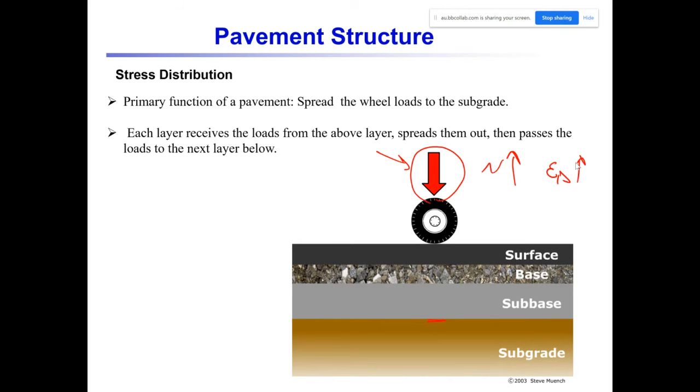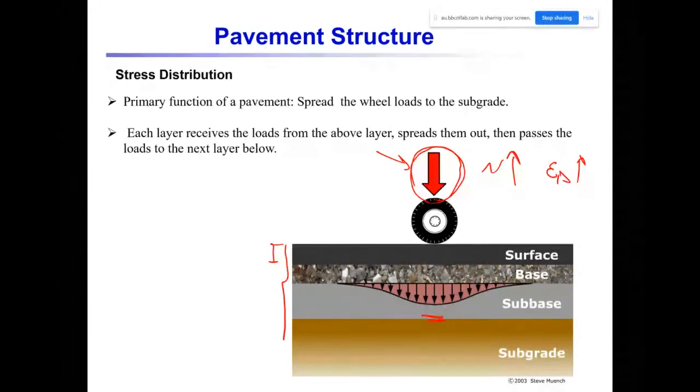So because of that, what should we do? We need to distribute this concentrated load, with a large magnitude, over a large area, and that load should be acceptable for the subgrade. So how can we do that? By designing the proper thickness for the layers: the surface layer, base layer, and subbase layer. So we have a concentrated load. You can see that at the bottom of the surface layer, when you use a proper thickness, this concentrated load will spread out a little bit,